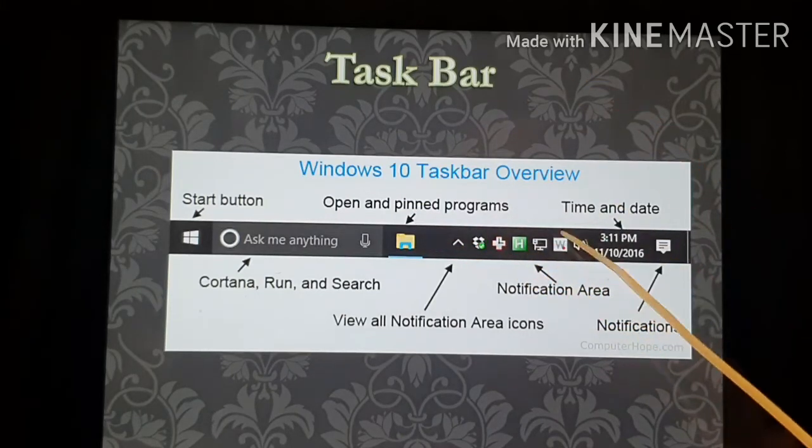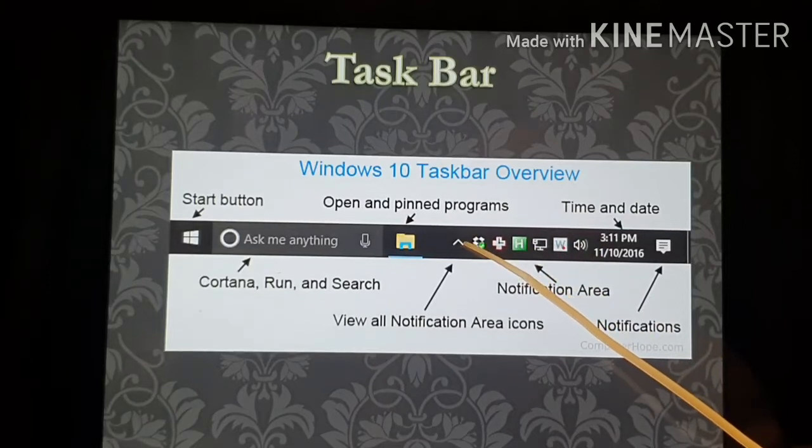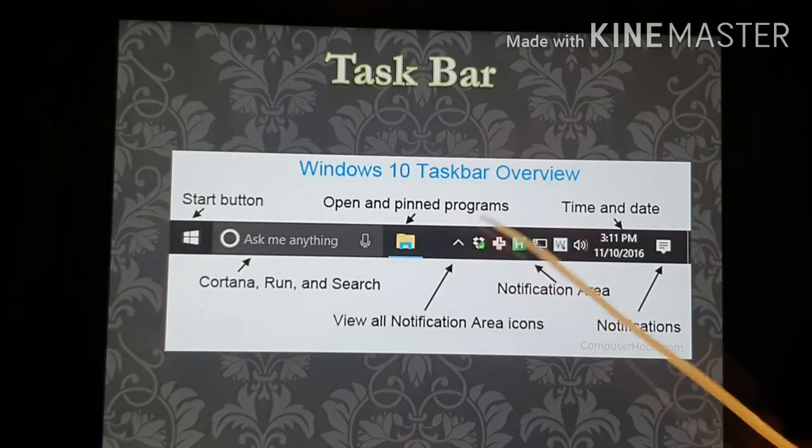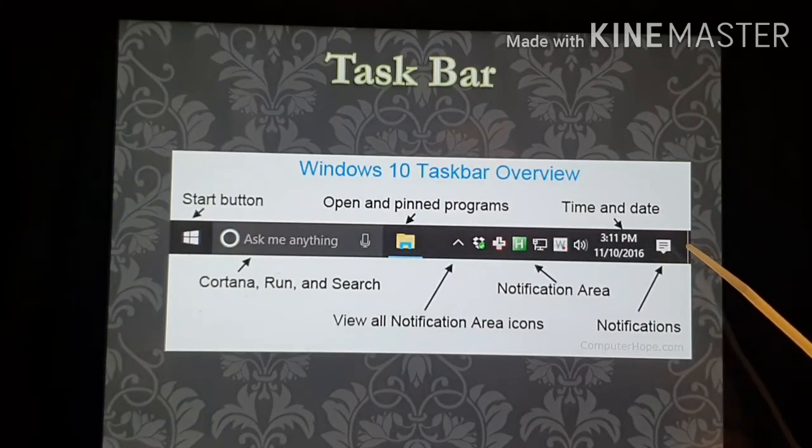Okay, now this is the notification area. From this arrow, we will click on this arrow. We can see all the notifications, time and date. This is a notification about whether our system is having antivirus or not. We will have notifications, and this line is called the pinned area. Okay,